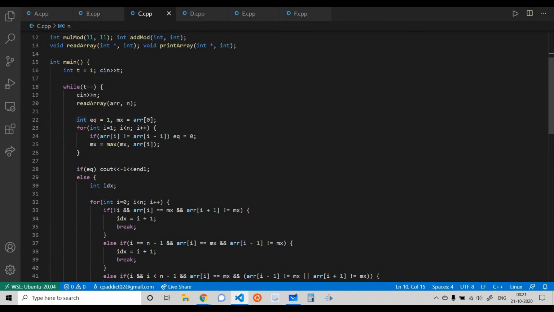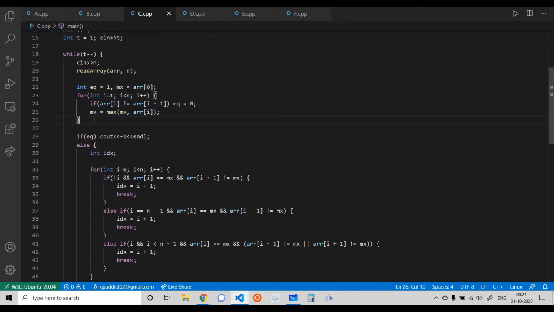I have taken the input and checked whether all the values are equal or not. Initially, this is basically a flag EQ, which signifies equal. Initially, I say that all the values are equal, and this is max. I'm finding out the max of all the A_i. I check whether the adjacent values are equal or not. If they are not equal, I'm simply updating my equal to 0 because I found a place where the values are not equal. And meanwhile, I'm also finding out the max. At the end, after I've traversed the whole array, if equal is still equal to 1, then all the values must be equal. I'm printing out -1 in this case.